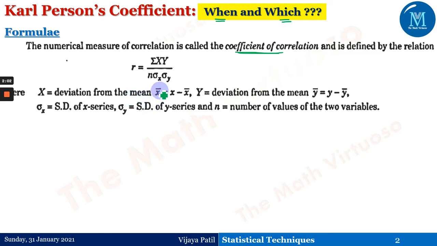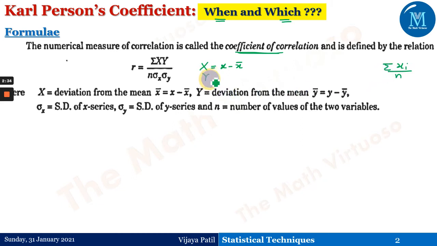Okay, and therefore, with mean x bar, that means this capital X is nothing but capital X equals small x minus x bar. So it is the difference between a point and its mean, right? A particular point xi minus x bar. And we know that x bar is nothing but summation of xi upon small n. So this is the arithmetic mean of the distribution, the mean of that particular variable given to us.